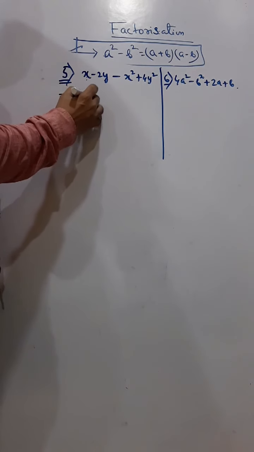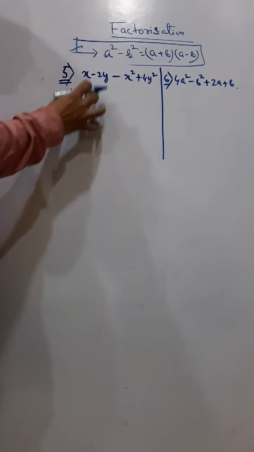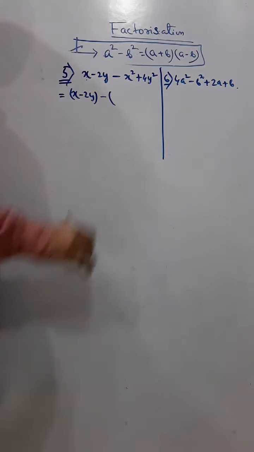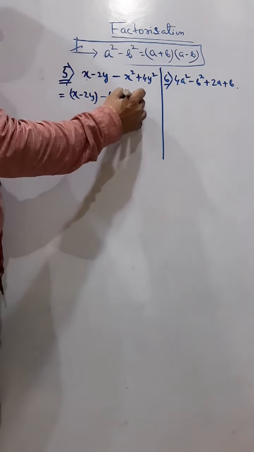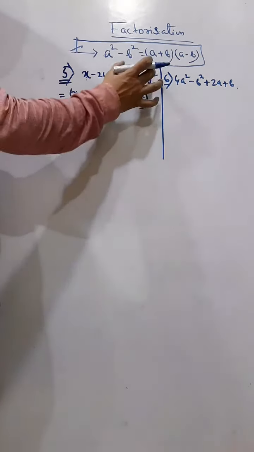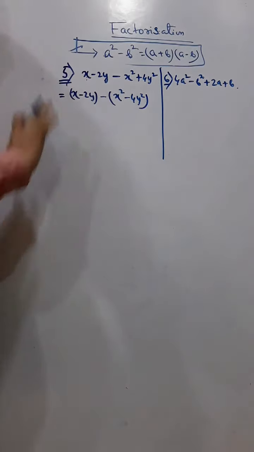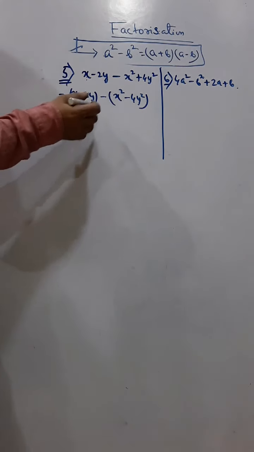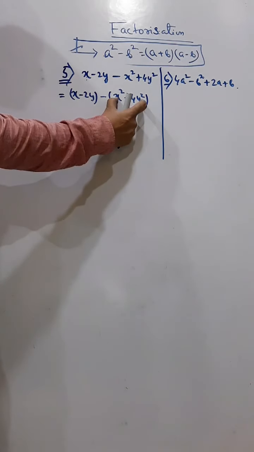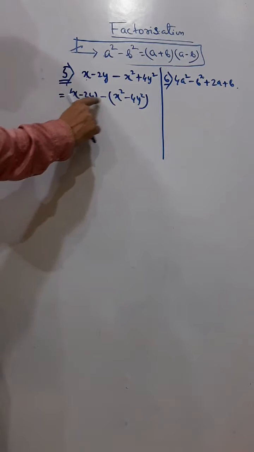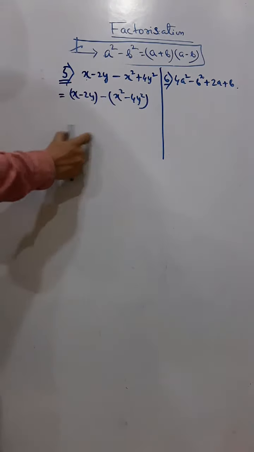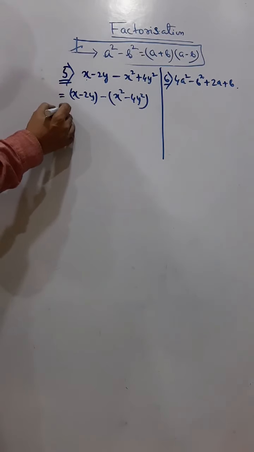I can write x minus 2y in a group. If I take x common, minus common, now you see this becomes this. Now factorization is your observation, how you set and then you proceed. So now you can understand that when you split this in the form of a square minus b square, then you will get x minus 2y and x plus 2y. And then you can take x minus 2y common in both. What I told you can understand from here.